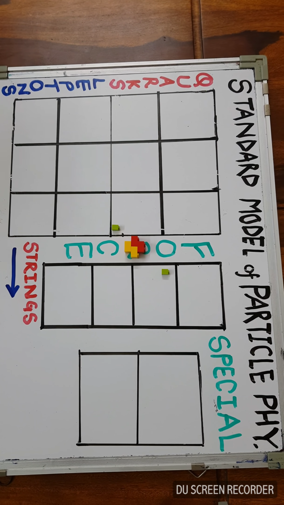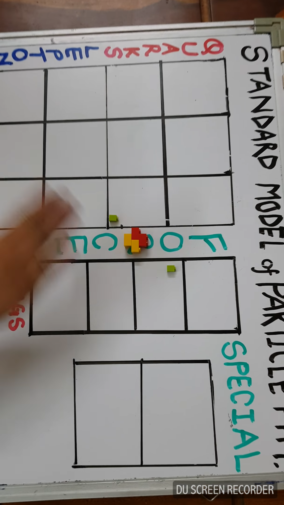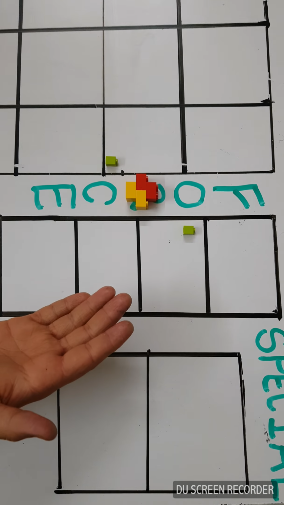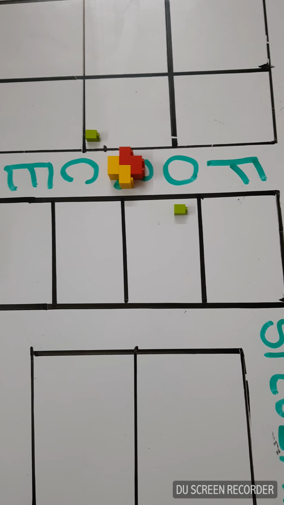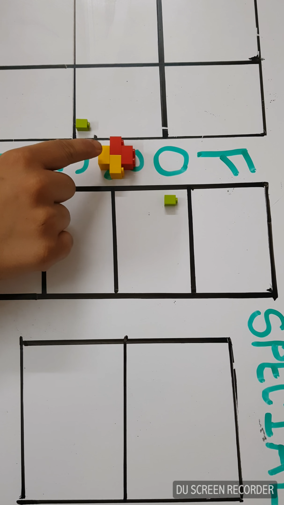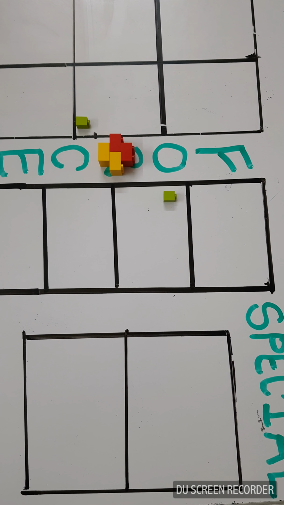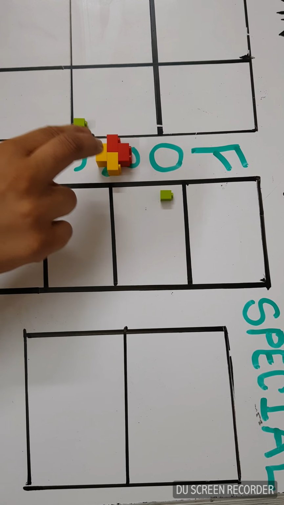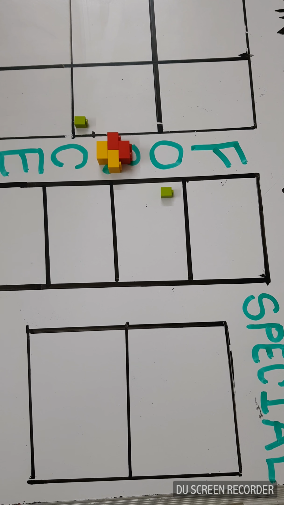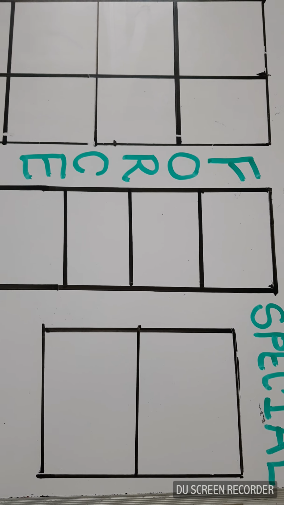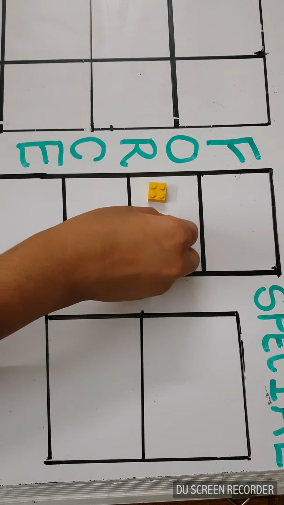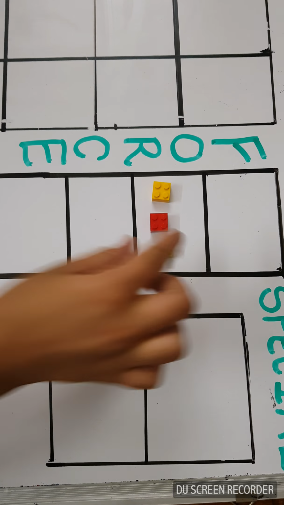Previously it was thought that the atom is the smallest indivisible particle, but it was not, obviously, because it was found to be made of three smaller particles, which were the electron, the proton, and the neutron. In this scenario, there are two electrons, two protons, and two neutrons, so it is a helium atom. Now let's talk about these three elements. Here we have the proton, here we have the neutron, and here we have the electron.